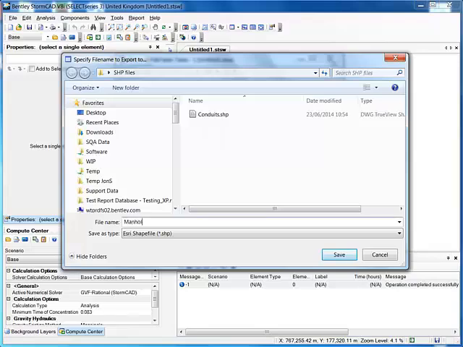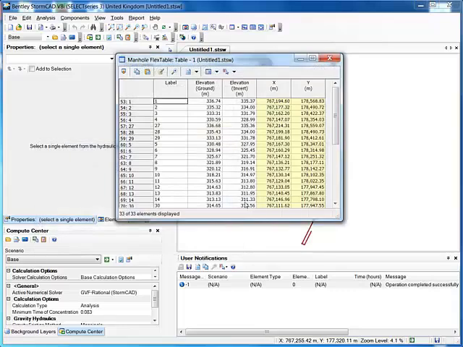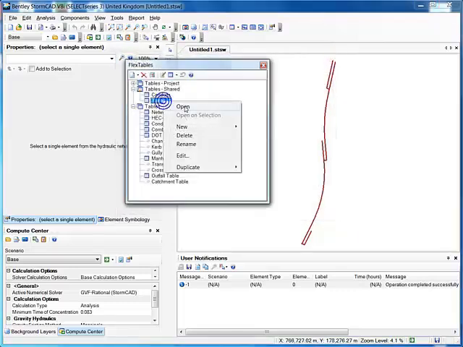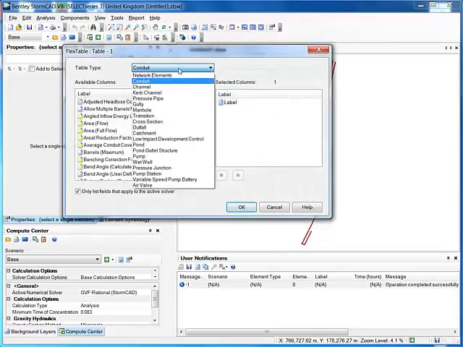So we'll call this one manholes. Okay, there's the field mapping, so we can click OK and create that file. Rename this one. Then the final table that we need to create is one for the outfalls. So we'll create a new table, select the table type,